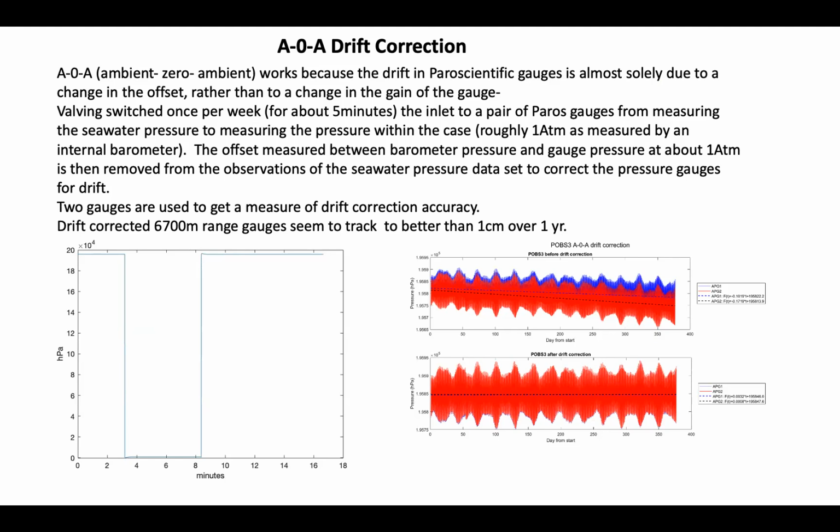We have 50 of these instruments out in the current experiment off New Zealand. A-0-A is basically to remove drift from a Paroscientific gauge. It works because the drift in a Paroscientific gauge is essentially due to a change in the offset of the gauge, not in the gain of the gauge. So if you measure the drift at low pressure, it turns out to be almost exactly the same as the drift at high pressure. So if you have a way to measure the drift at low pressure, you can correct